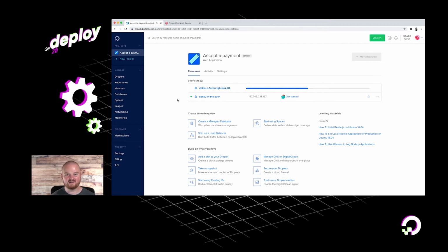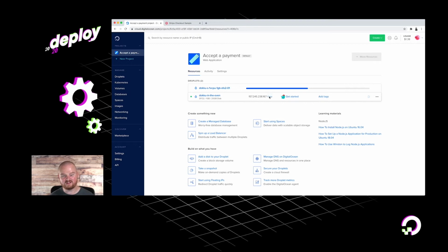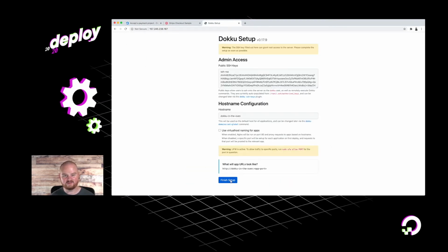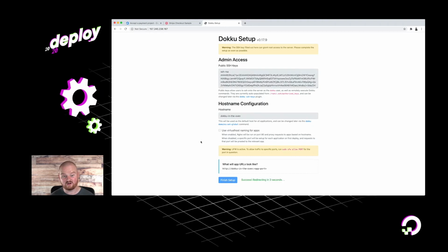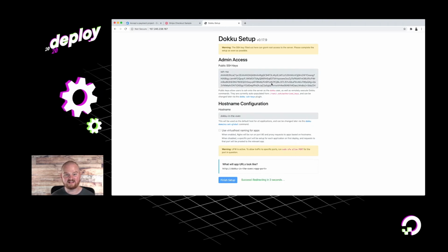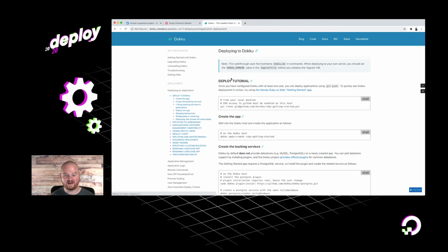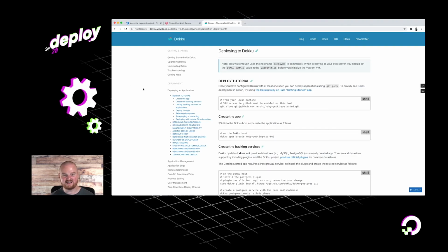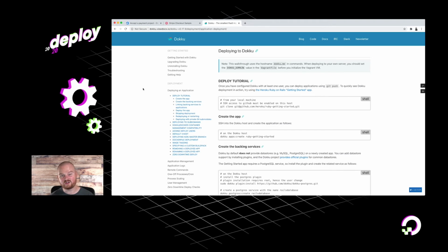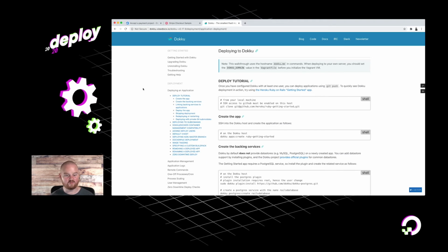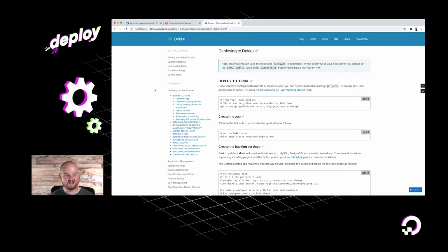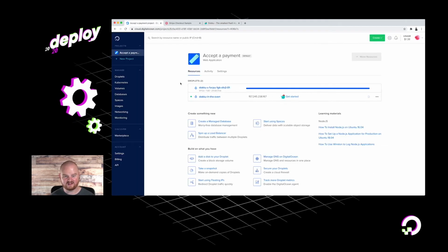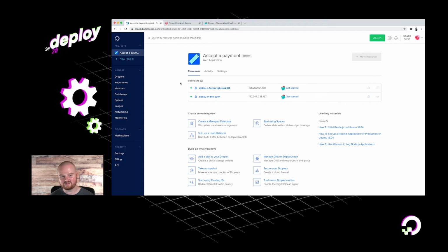So after creating the Dokku droplet, you need to visit the IP address and click Finish Setup to finish configuring Dokku. If you don't, someone could visit that page and you would have a bad day. So looks good. That was my public SSH key, and it'll be used when I'm pushing changes. So we're off to the races. We got redirected, and everything is looking good for that droplet that was sort of prepared for us.